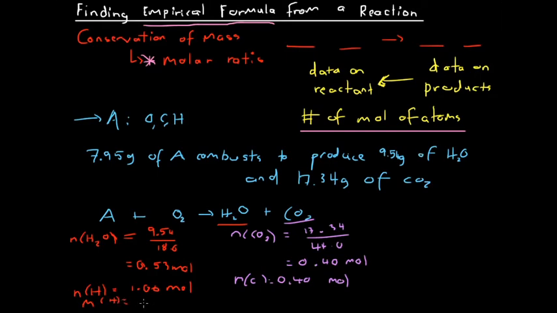So the mass of hydrogen is 1.06 grams. Now we know that the molar mass of carbon dioxide is 44.0. So mass of carbon is going to equal 0.40 times 44. And that gives us